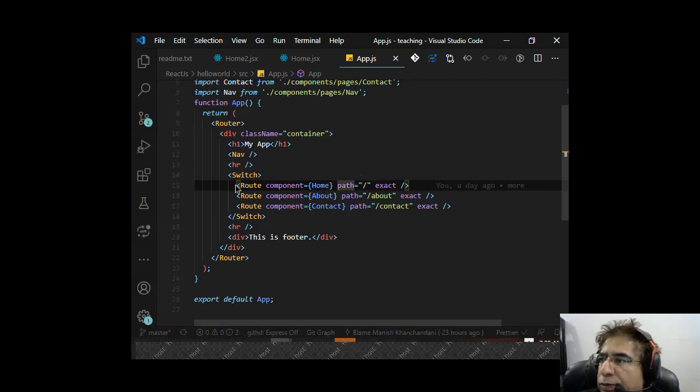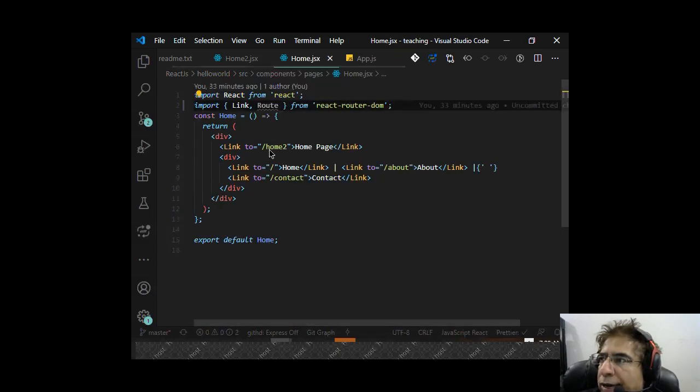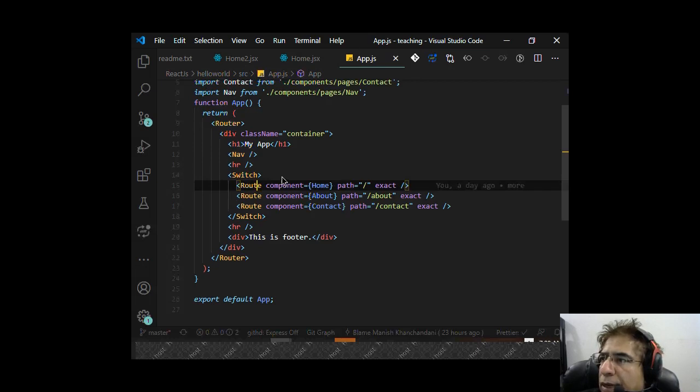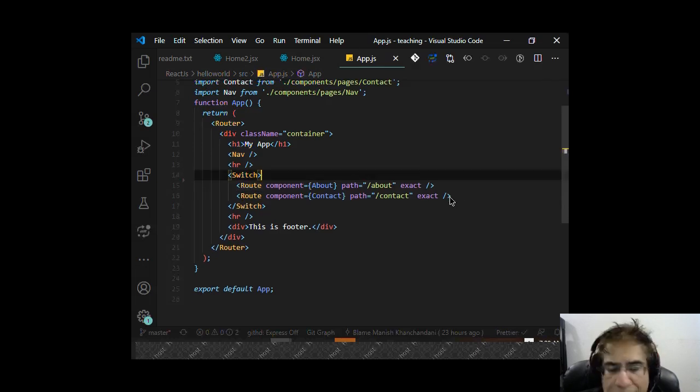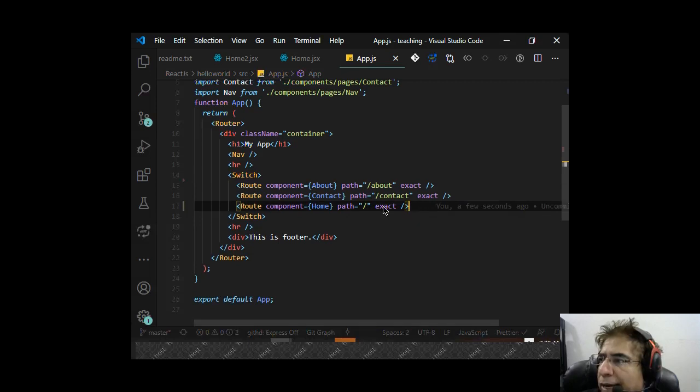So when we want to do 2 routes, that is, one route is the home, and if I go to the home page and click the home page, I want to call home to somewhere here inside this home page. So for that, I have to move this home page to the bottom line, because if we want to include 2 routes, we need to remove the exact path, because if we put exact, then no other route will match to this route. So once we remove the exact one,